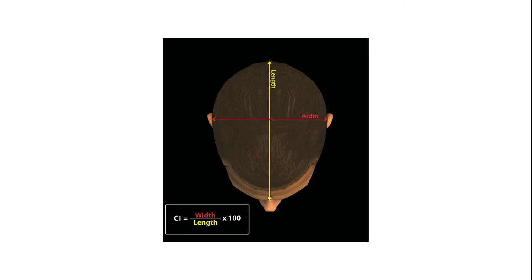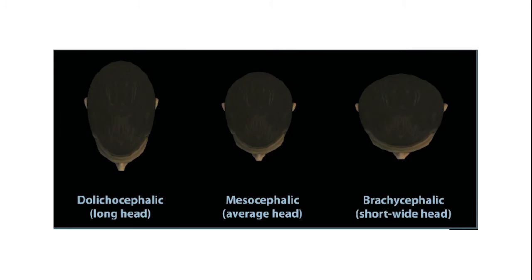Soft tissue glabella is the most prominent midline point between the eyebrows. It is identical in position to the bony glabella on the frontal bone. And opisthocranion is the point situated in the occipital region of the head, most distant from the glabella. It is the most posterior point of the line of the greatest head length. The cephalic index is used in anthropometry to classify head types as